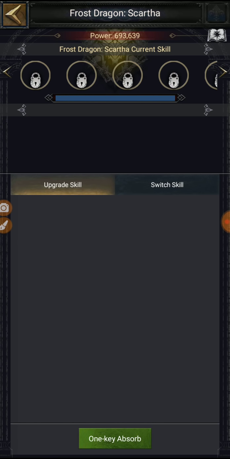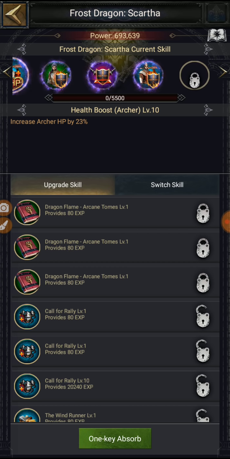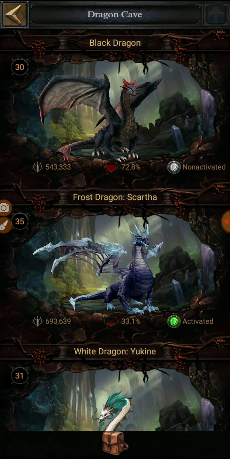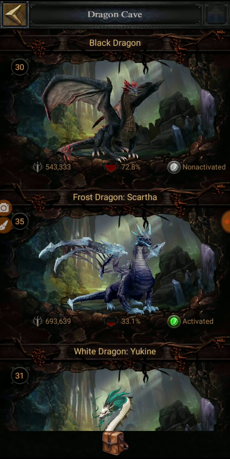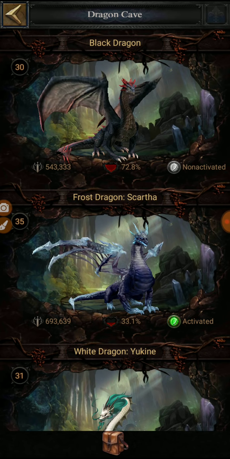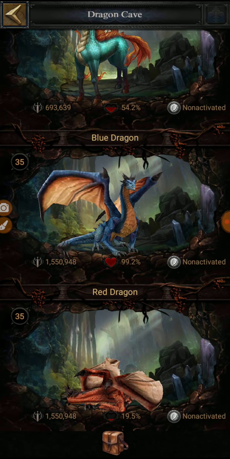And then in the skill section, you can have these skills. Increase archer HP by 23%, and then at the very end, you have increase all soldiers' HP by 20%. Now on top of it, I can use any other dragon. And if I get this item in the buy more, get more event, which is Dragon Flame Thrive, which is 14% HP for all troops, or Exertion, which is 22% for all troops, I possibly can try using the blue or red dragon. Blue for attack, red for defense maybe, and